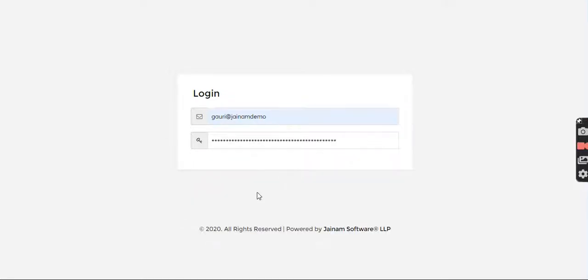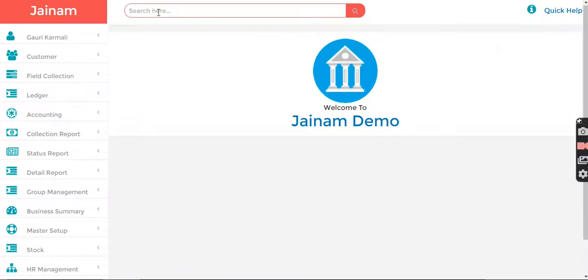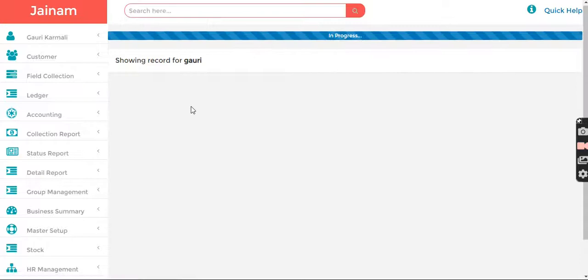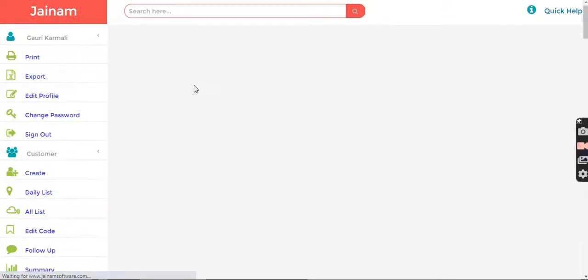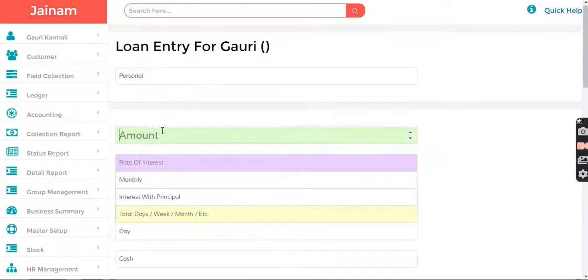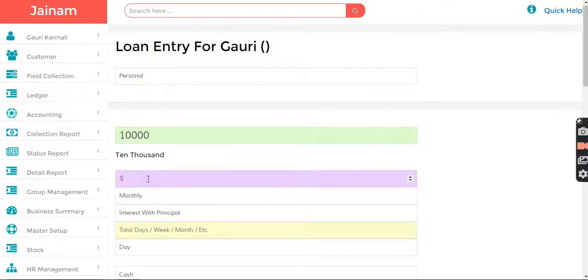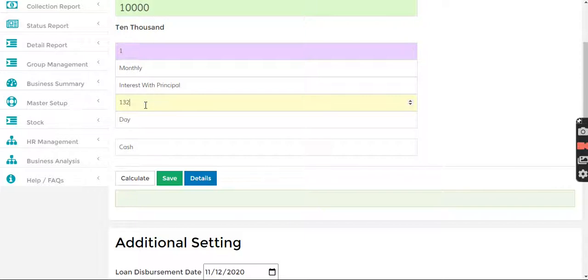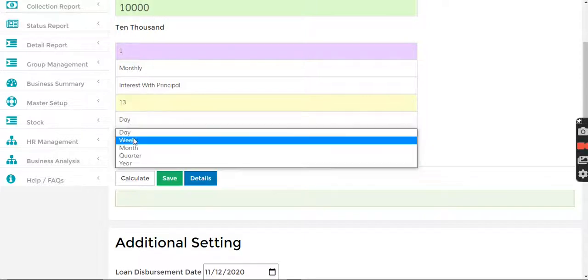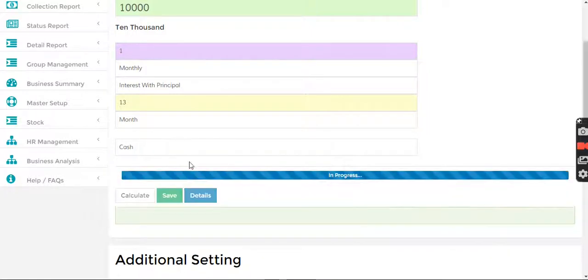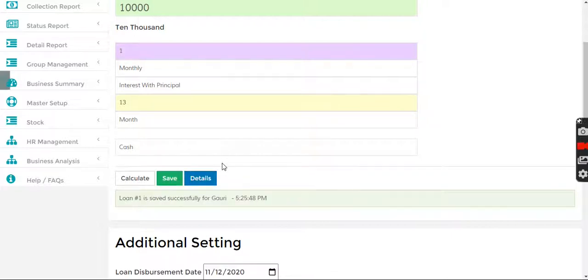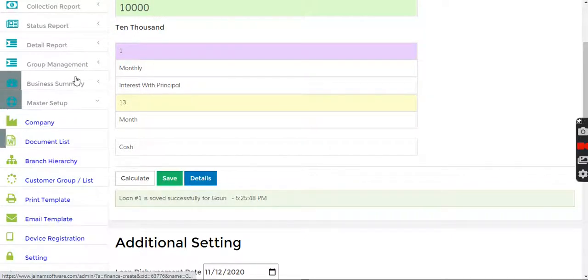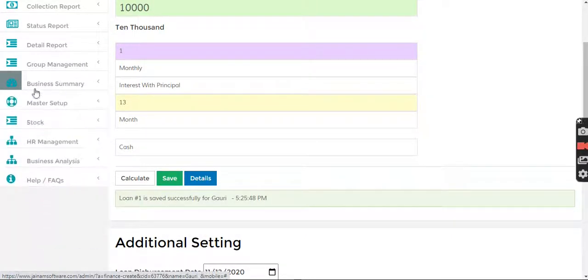So I'm going to log in and just create a loan. Save this, and then I'm going to give search loan access.